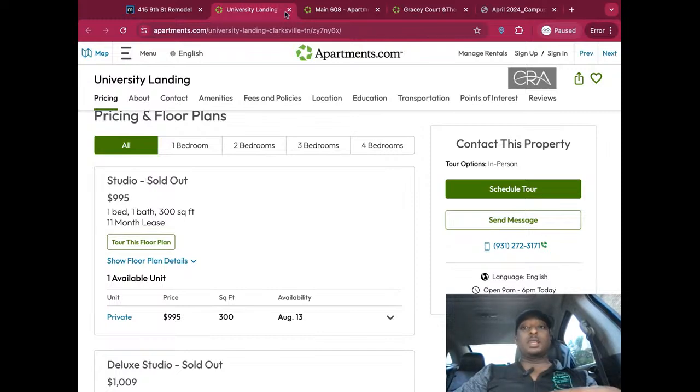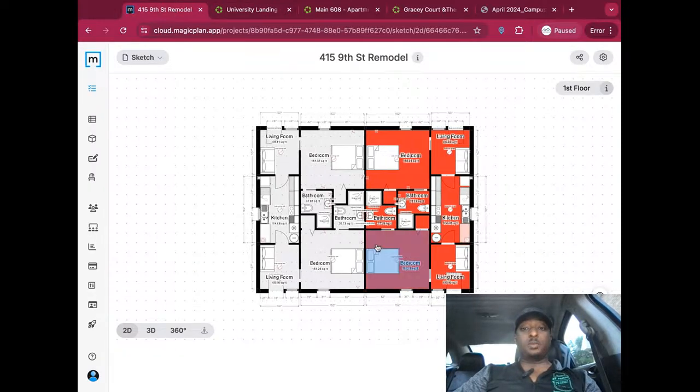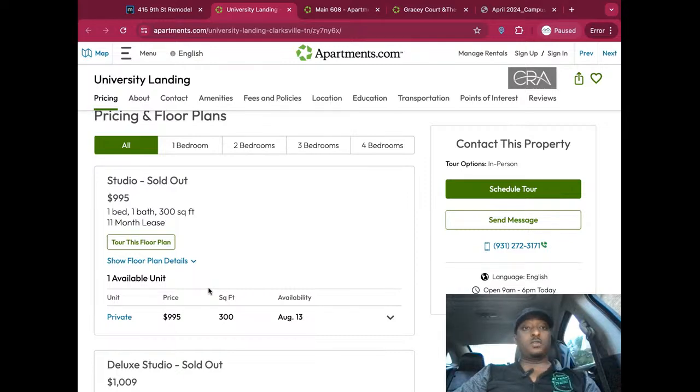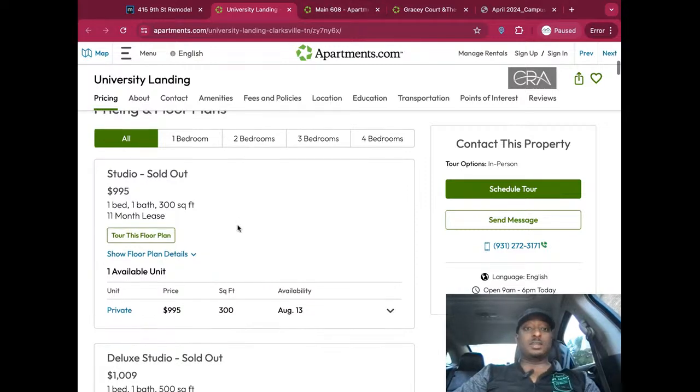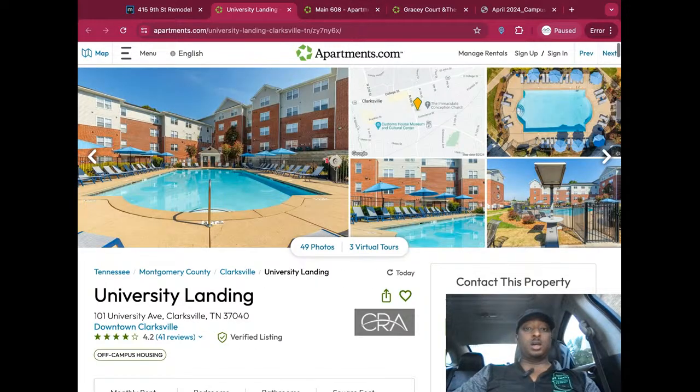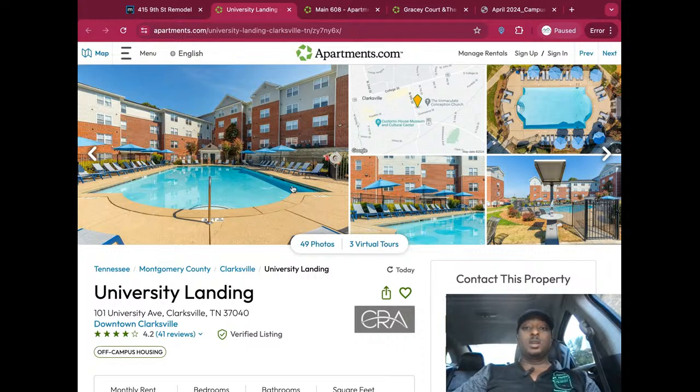So again, if I show you our property, you see that we have a 2 bedroom on it. This is side A and this is side B in red, right? And we have 2 bedrooms, 2 bathrooms, a shared kitchen. Both living spaces will have their own living room. So if you go over here to the University Landing, which is one of the big developments over there,